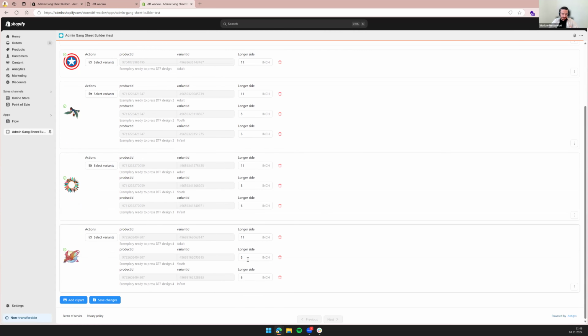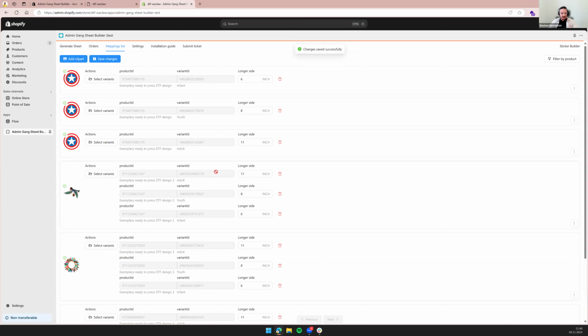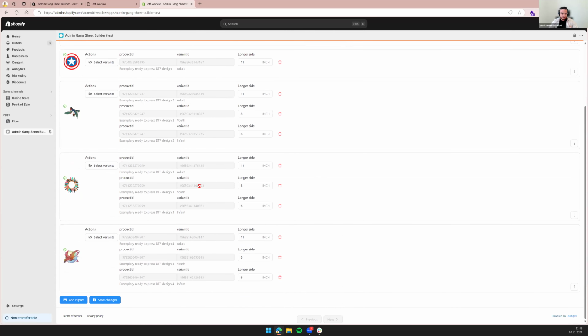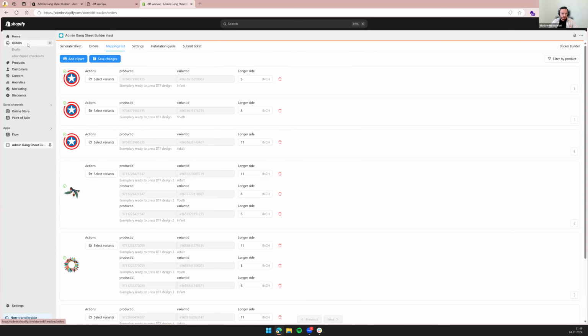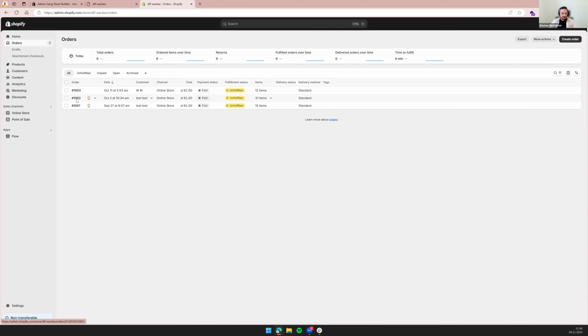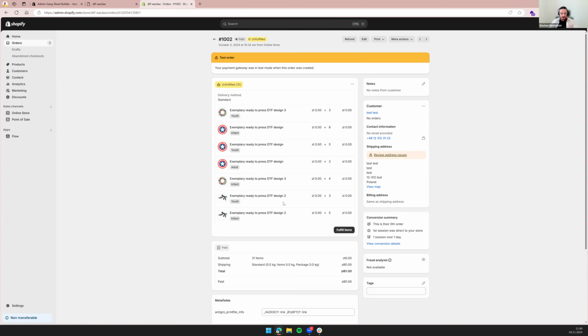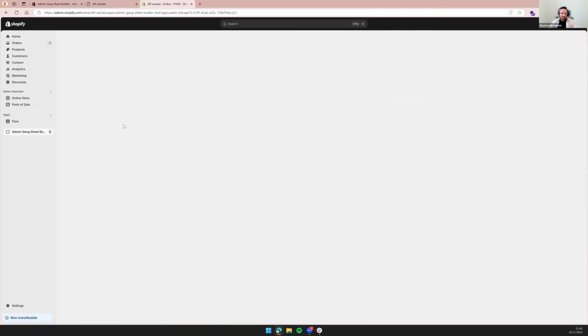And again, all of the sizes are automatically filled out, and I can just click Save Changes. And thanks to this step, when I have an order for, let's say, this one, where we have different graphics in different sizes and in different quantity, thanks to this mapping that I just did,